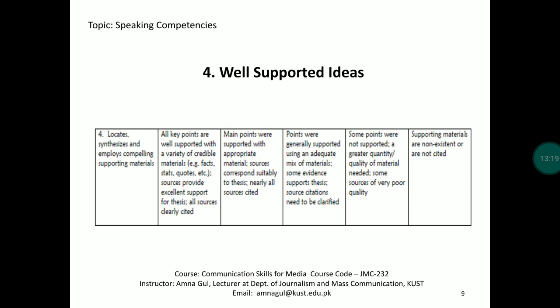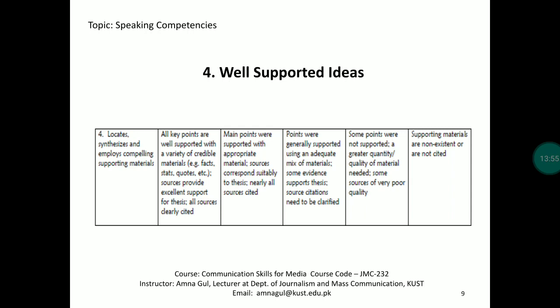This is mainly in cases when you are giving certain arguments that need supporting data. From time to time, you'll be doing different presentations in different courses where you share statistics or other things to support the fact. How you use those and how those are referenced or cited matters. For a proficient level speaker, main points are well supported with appropriate material and the sources correspond